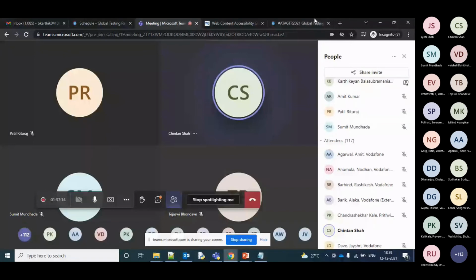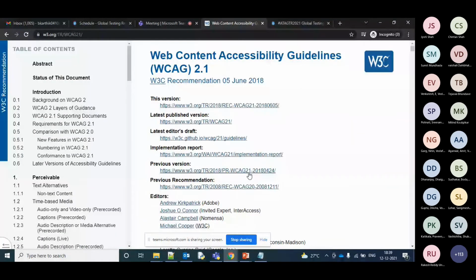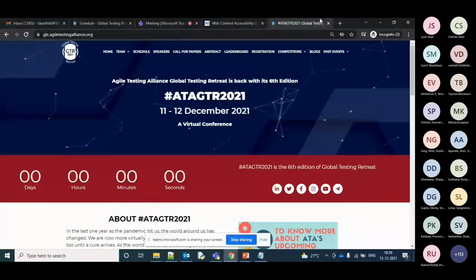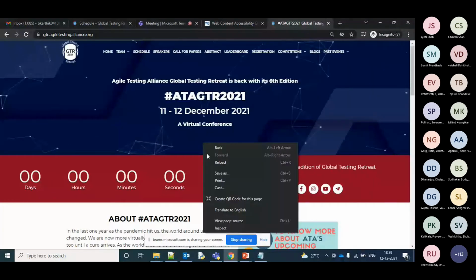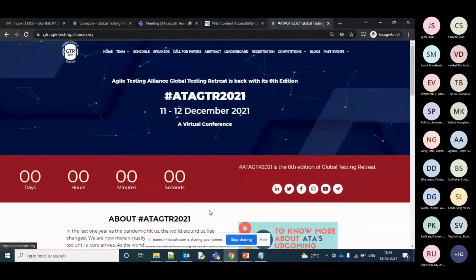So WCAG, all these standards, right? When you looked into the WAVE tool, they were able to link to those guidelines, and that will be really helpful for us to even map. And the next one which we are going to see is Google Lighthouse. Google Lighthouse comes built in with Chrome. So you can open the URL over here and click on